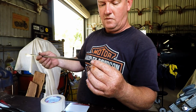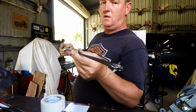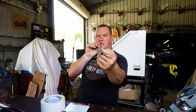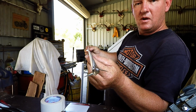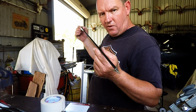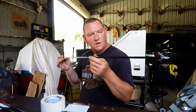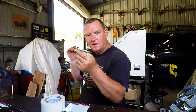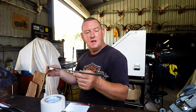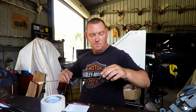So put one at 90 degrees when it's nocked. The idea is to get those blades to line up with our fletchings, so that when this thing hits an animal and is driving through the animal, our fletchings are going to line up and match the entry hole that the broadhead has created. So that's the theory. I'm going to give them a go, but like I say, normally I use a 2-blade broadhead, but this is why I don't glue these in until last. So the first step is to take that out,